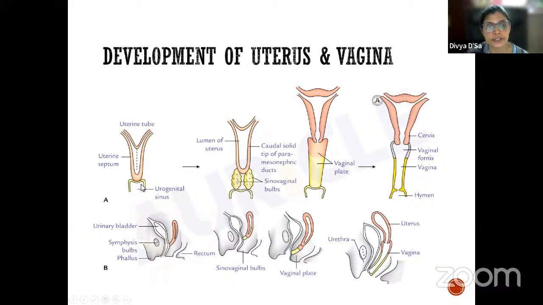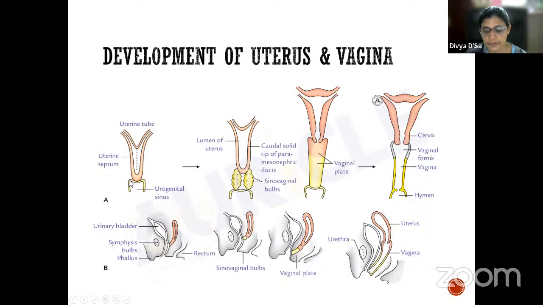So here this is the urogenital sinus. The upper part of the vagina is derived from which one? The paramesonephric duct. So now the lower portion. When we see the lower portion, it is in relation to which one? The urogenital sinus. So near the caudal tip of the uterovaginal canal, what happens is